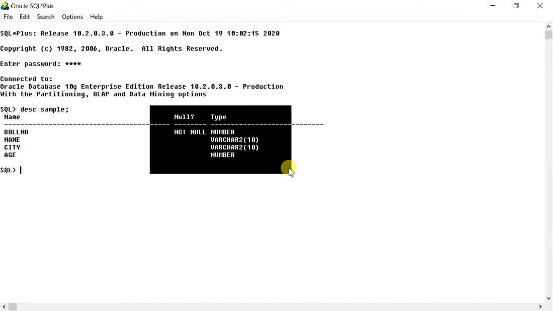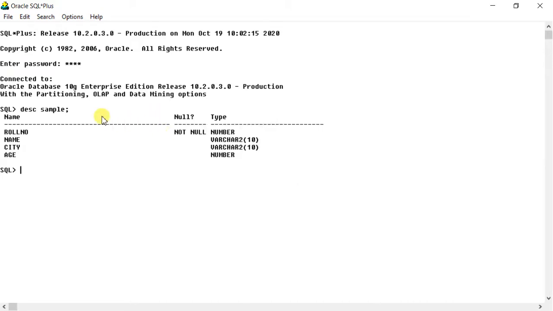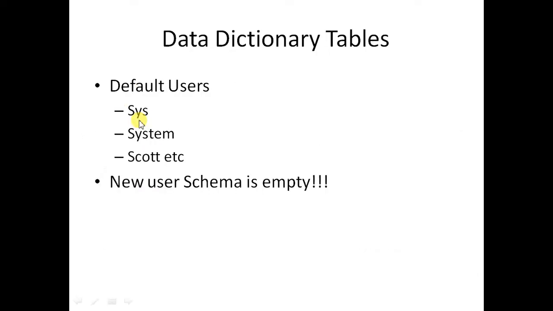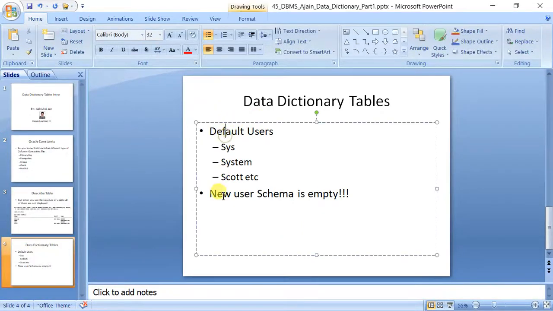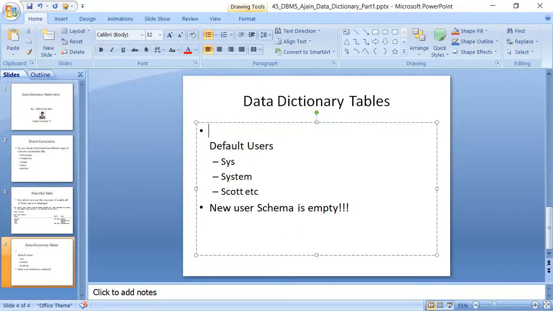So before going into detail, let me tell you that all these things are stored in something called the data dictionary. Okay. So what is data dictionary?